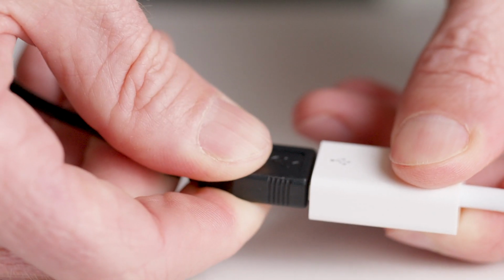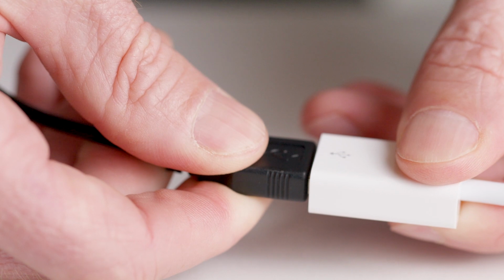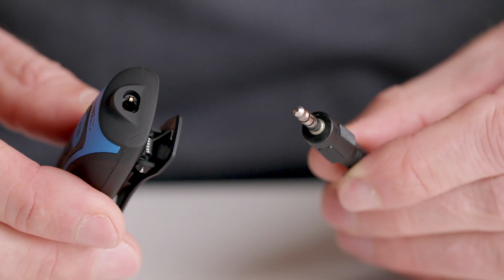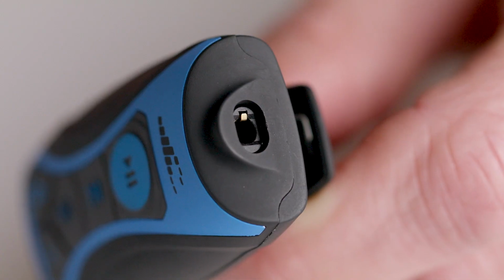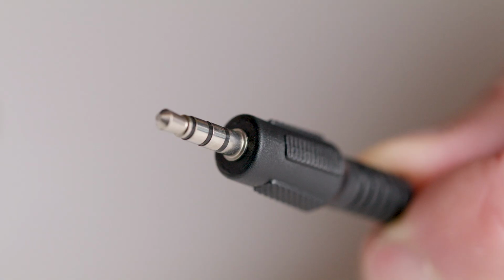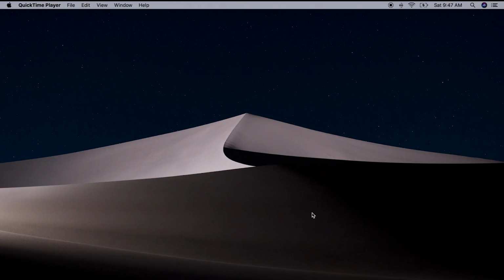It's important to note that the headphone jack must be absolutely dry before it's connected. A wet headphone jack may cause the USB connection to fail, meaning that it won't work to transfer files or to charge the battery. Once connected, the stream icon should pop up on your computer's desktop. Double-click the icon to open the device.